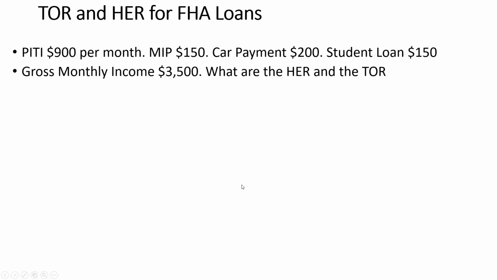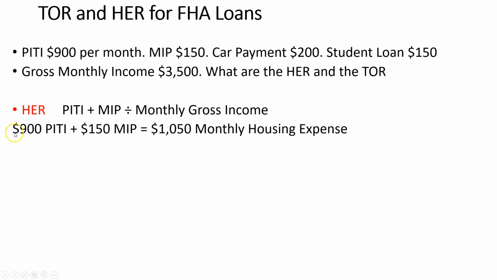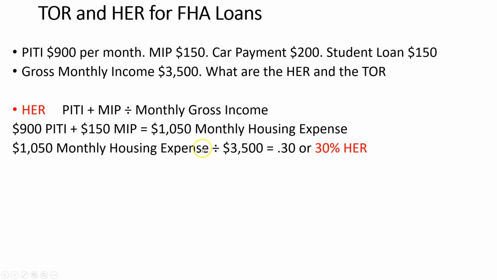Here's an example of how it works. The principal, interest, tax and insurance is $900 per month. The monthly insurance premium is $150, car payment is $200, and the student loan is $150. Gross monthly income is $3,500. What are the HER and the TOR? Let's do the HER first. So the HER is the PITI, which is $900 plus the insurance, because that is part of the housing expense, divided by the gross monthly income. So we get the 900 plus 150, which equals 1,050, and we get that 1,050 divided by 3,500, which equals